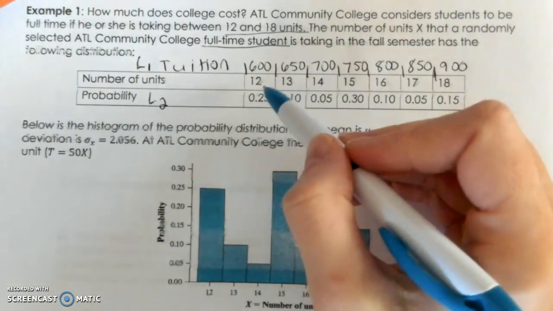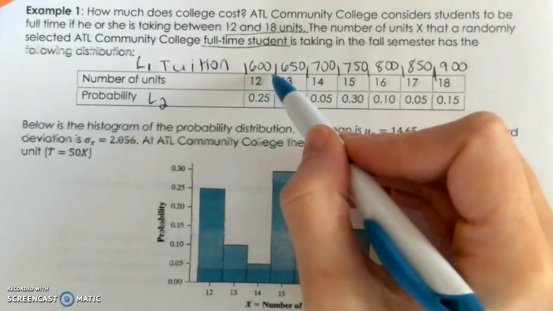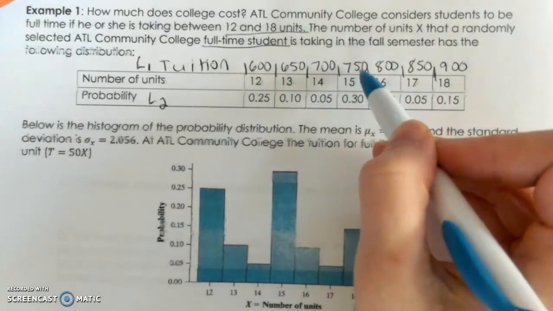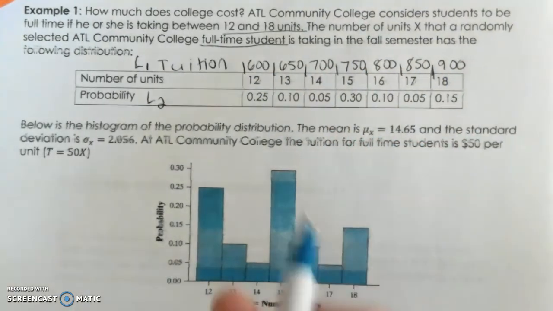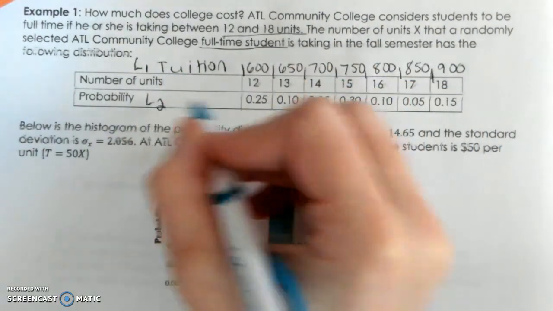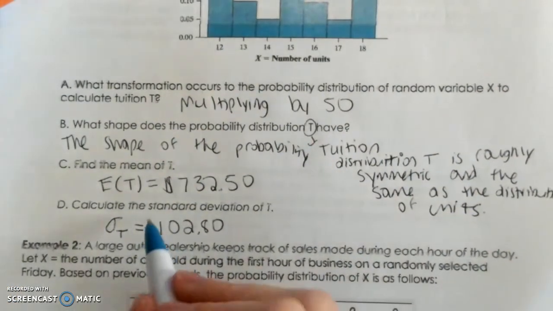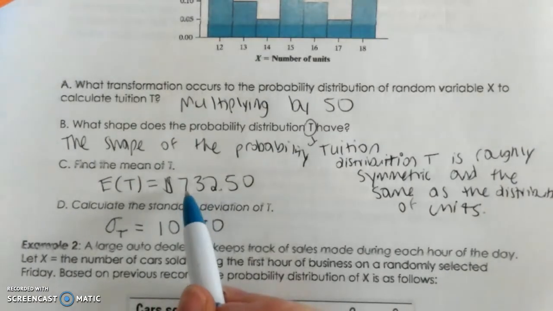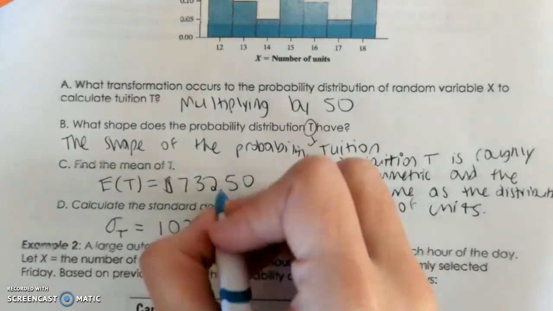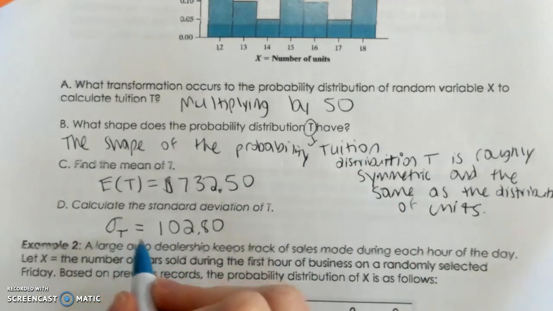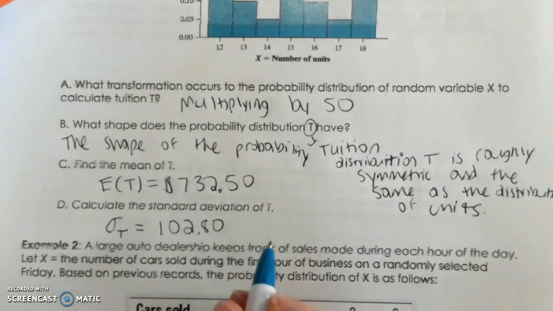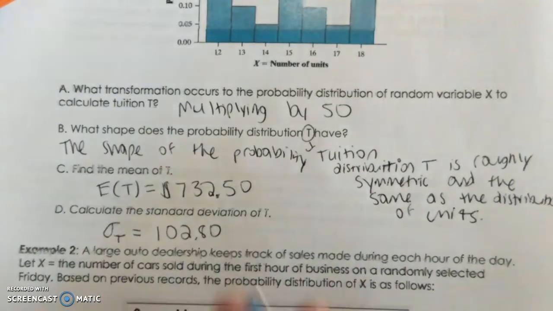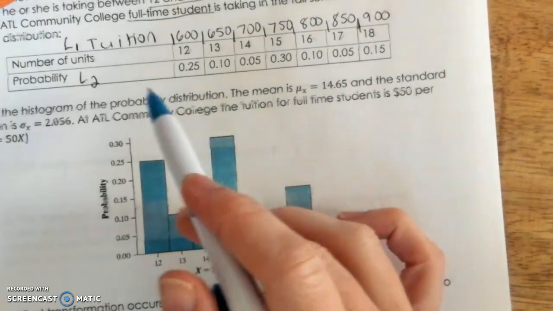Okay, so when I multiplied all of the number of units by 50, I got 600, 650, 700, 750, 800, 850, 900. So I put tuition in my L1 and I put probability in my L2, and these were the numbers I got. So to find the mean of T, my expected value of T, my mean was 732.50. That was my x-bar in the calculator. And my standard deviation of T was 102.8. So again, I just did that by putting the tuition I calculated in L1 and the probability in L2, and when I go over to calc, I hit the